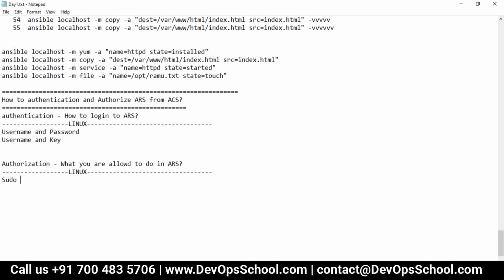Correct? So sudo, we tried, but guys, sudo also has multiple behaviors we need to know. Maybe I will not confuse you here with my questions rather than answering directly, because I know this part. So sudo has multiple behaviors. Sudo without a password, have you tried? Sudo with a password.